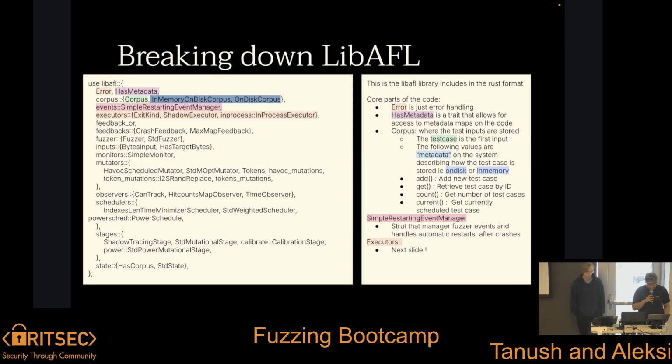First of all, error handling and has metadata. It's useful to keep track of error handling, because sometimes systems might crash in different ways, and some errors might actually be interesting, and you might want to track them if it errors out in certain ways. So that's why you're given these primitives. Has metadata: again, you might want to rewrite the entire metadata format for what you're keeping track of. An example of this is somebody wrote a fuzzer for a video game where they tried to fuzz the character movement. And again, it's genetic algorithms, genetic mutation.